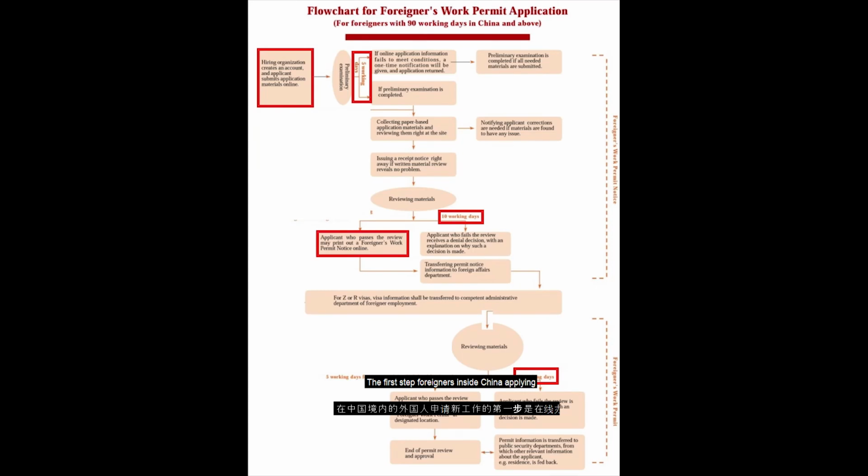The first step for foreigners inside China applying for a new job is doing an online work permit application. Now, you don't do this. Your employer does this, and your employer has to do this. They have a business account that's needed to sign up to the work permit application system. So they do this for the foreigners they're hiring. And in a moment here, I'm going to show you and explain to you what that process looks like on